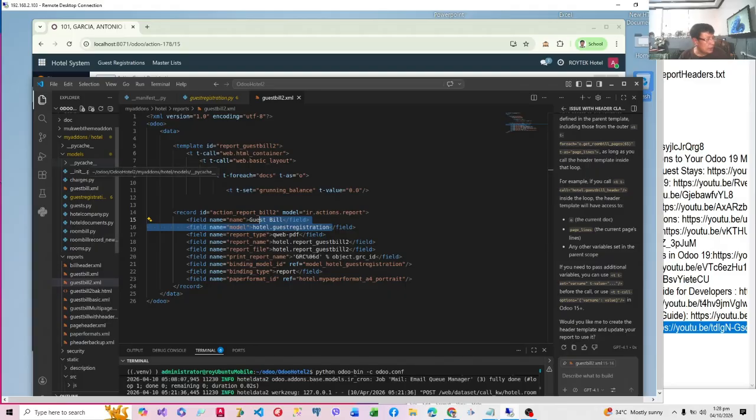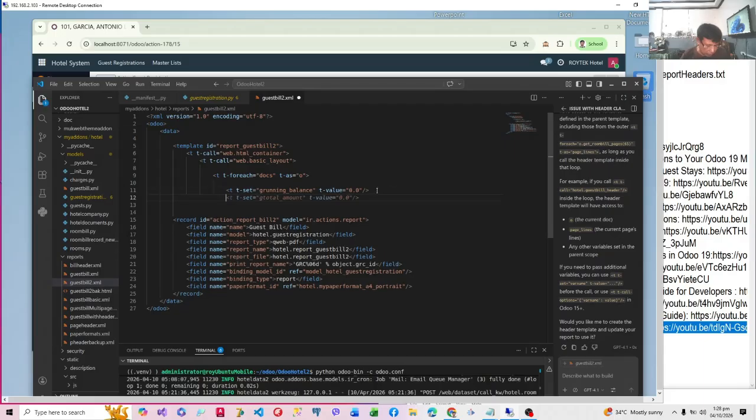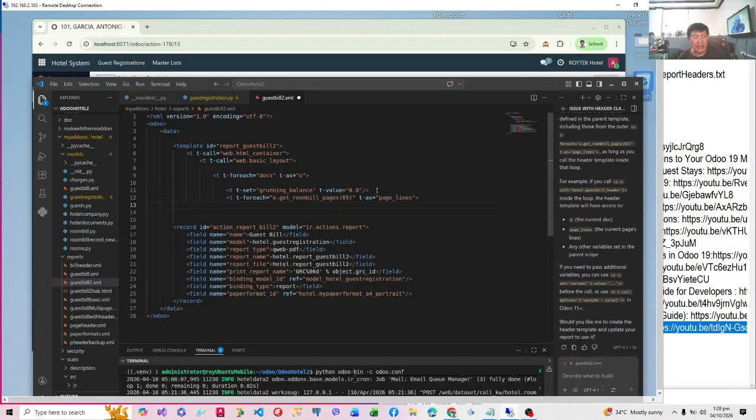And then we will have a nested loop which will group the docs into 65 records each. Let me explain this. So we had t-foreach.